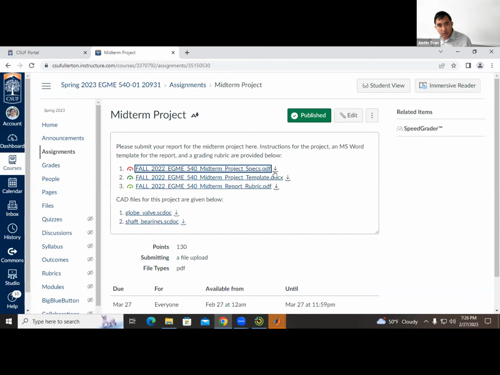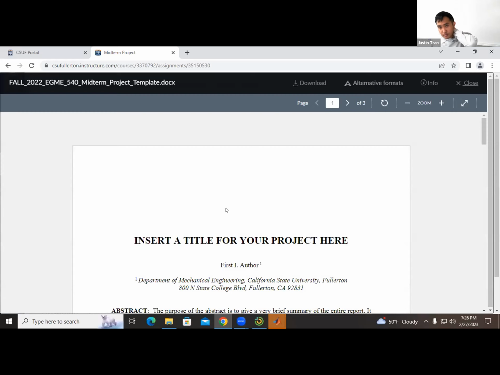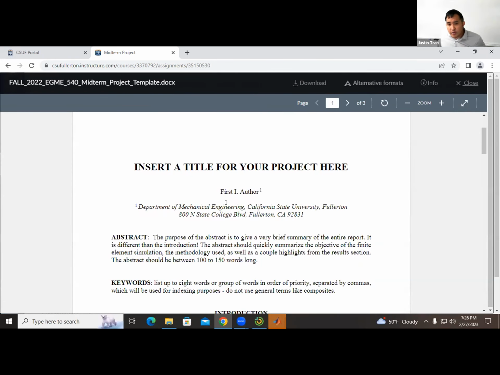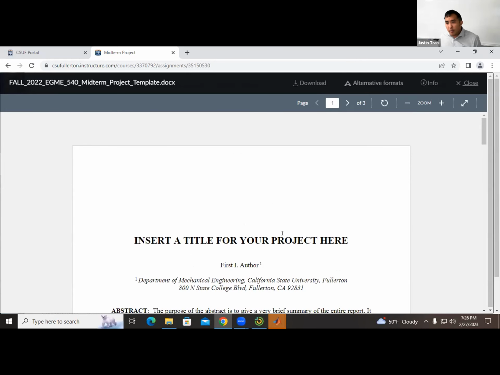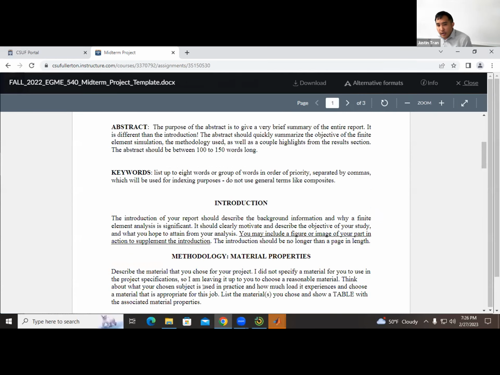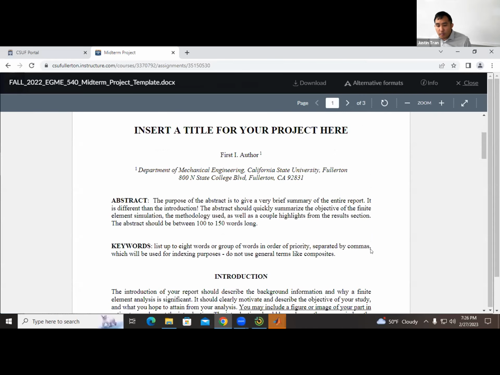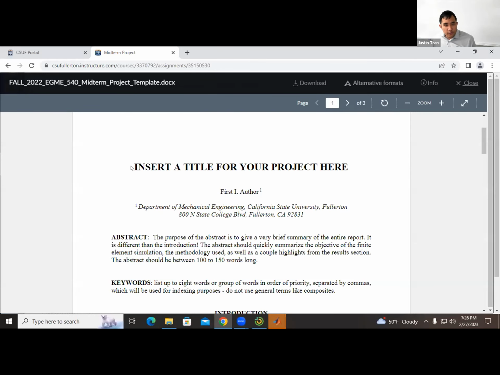All right, so let's take a look at the report template. So this is the second document that I have here. Okay. And so it's a Microsoft Word document, and so you can just kind of type right into it. But if you prefer to use another program, and I know a lot of people are into using LaTeX nowadays, and so if you want to use LaTeX, feel free to do that. Again, the only thing that I ask is that you use the same kind of section headers, okay, just so it's easier to read. Okay, so first you have your title, you have your author.